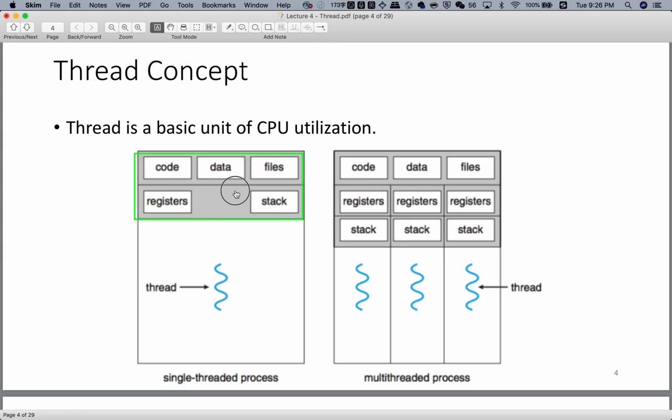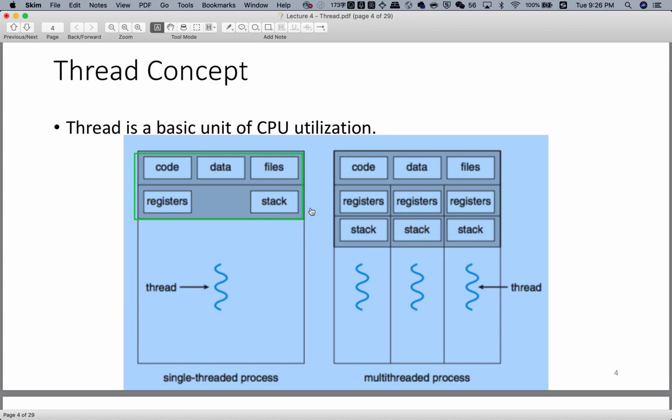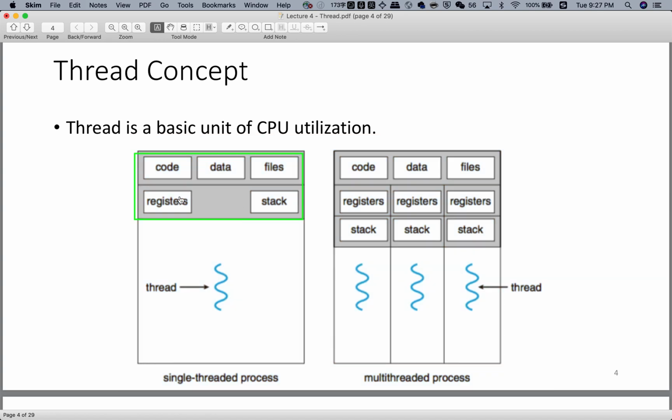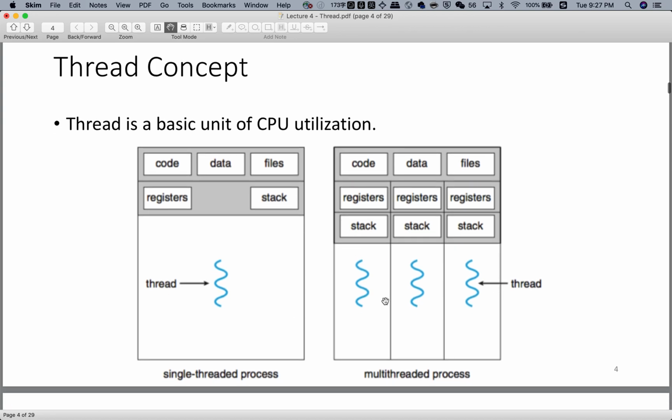So then people said, okay, I'm not going to waste those cores. Instead, I'm going to do this. In this area, it just creates multiple threads. So each thread can occupy a core, which means that we have 3 threads, or 3 different commands, running at the same time. And this is the purpose of